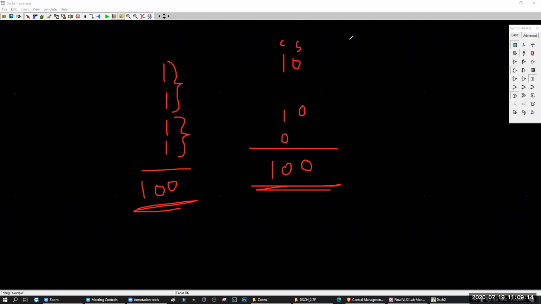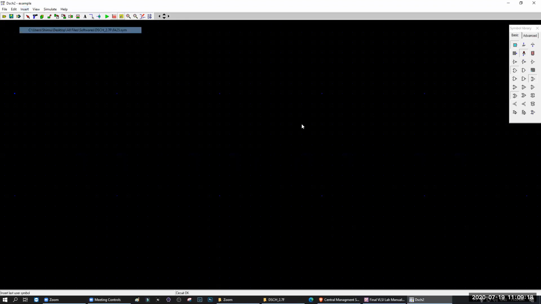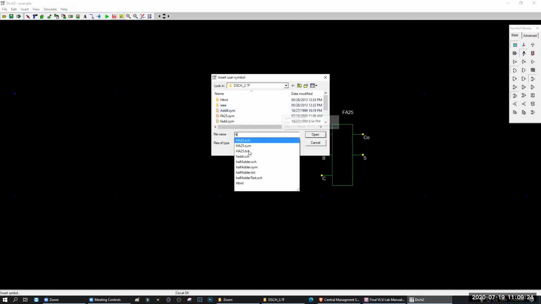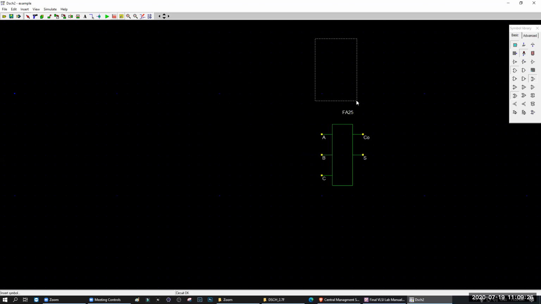So how can I do that? I'm going to show you that. So insert, I need a full adder. Insert HA25 symbol here, not here.